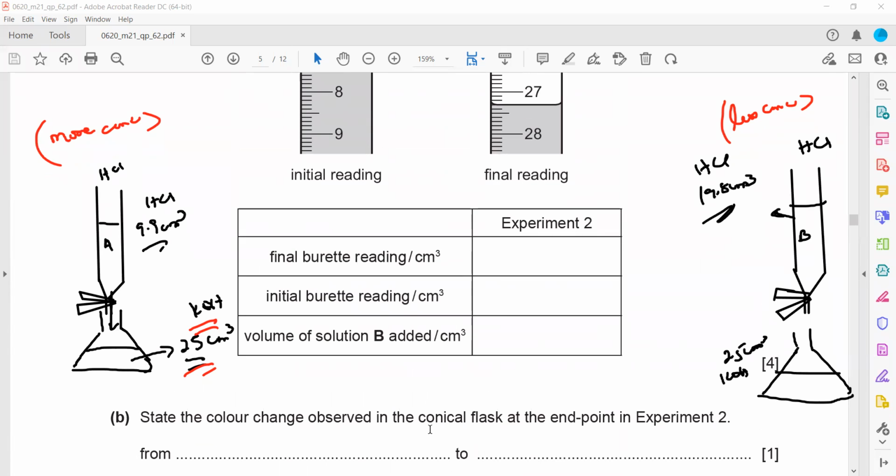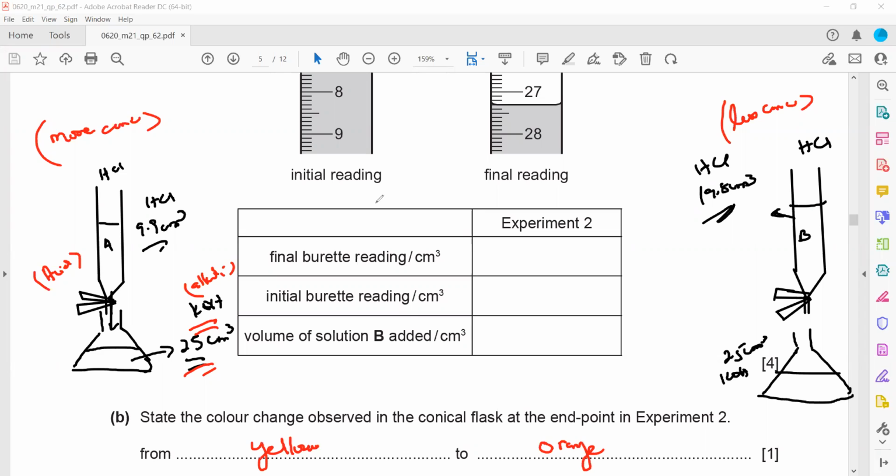We are using methyl orange as an indicator. First, potassium hydroxide is an alkali, so it is an alkaline solution. When we add an acid, the solution changes, because once all of the alkali is used up, the solution changes from alkaline to acidic. So what will be the color change? Methyl orange in alkaline medium is yellow, but in acidic it is orange. We will observe the starting color will be yellow and the final color will be